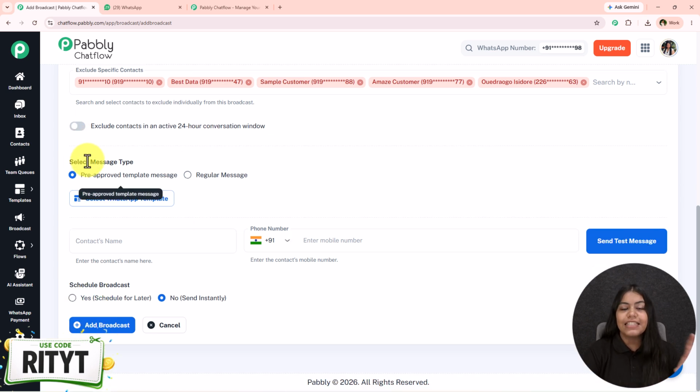Now it is asking me to select the message type. So we have two options, a pre-approved template message or a regular message. So if you go for a pre-approved template message, you have to go on the left hand side towards this template section and make sure to create a template first. After you create the template, you have to wait till Meta approves your template. Once Meta approves your template, you are good to go and you can share your beauty offers with all the